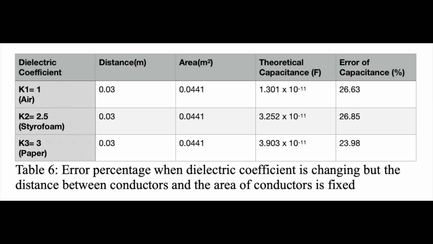32.77%. When the distance between the conductors is constant 3 centimeters and the area of the conductors is 0.0441 meters square, I put styrofoam and paper between the conductors. Calculating the theoretical capacitance, I found out the error percentages, and error percentages is between 23.98 and